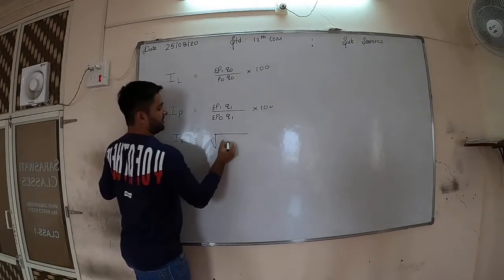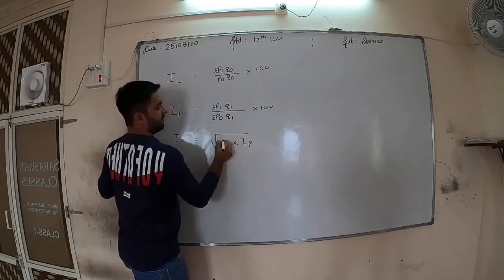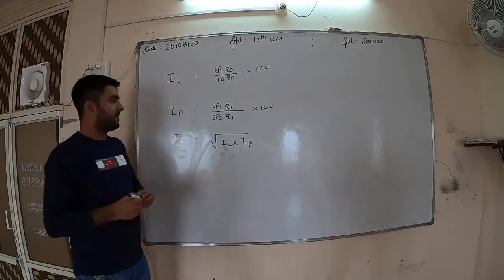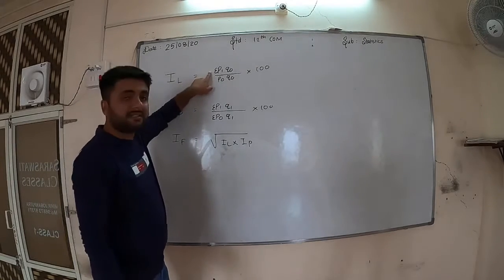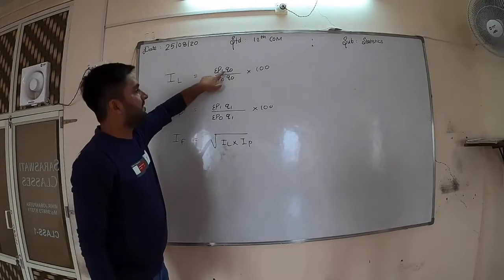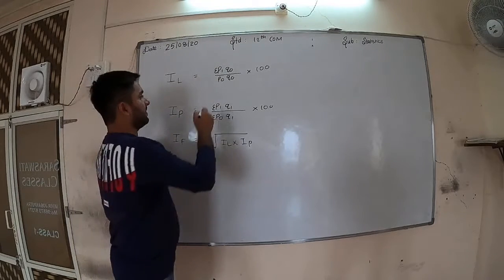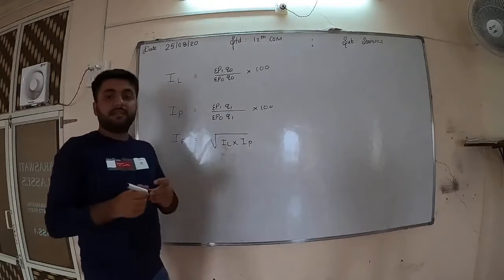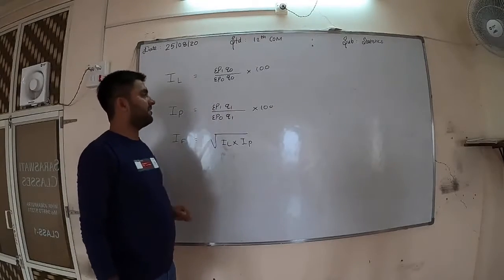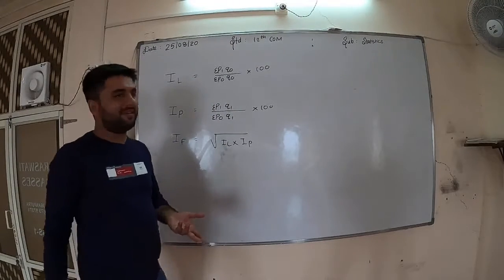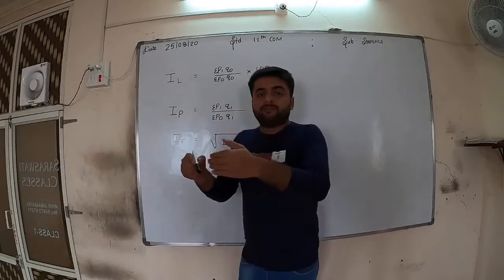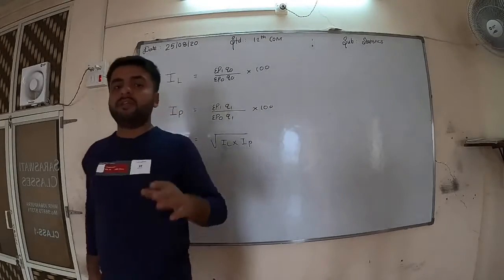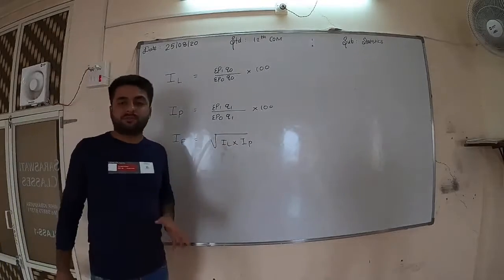Now for Fisher, it is the geometric mean of both IL and IP. And you have to make the columns in this way only, the extra four columns which I said: P1Q0, then P0Q0, then P1Q1, and lastly P0Q1. Now friends, to understand yesterday's sum broadly, we will do one illustration with that.